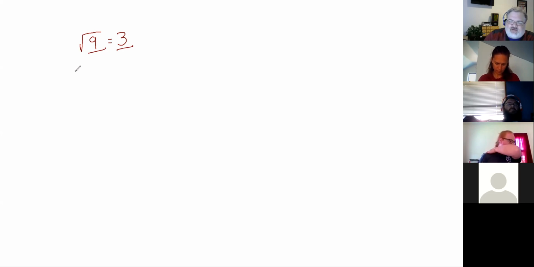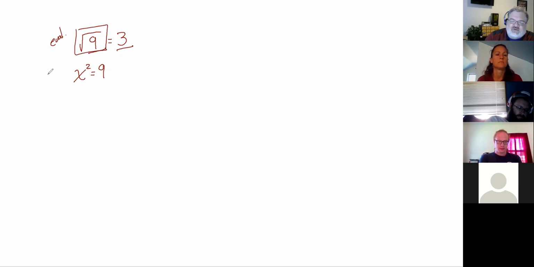The issue comes in when we start trying to solve things like x squared equals 9. So this was just evaluate the square root of 9. This is an entirely different process, because this is solving. Fair? Here we would evaluate the square root function. Functions have one answer, that's the answer. If you tried to solve this equation, what would you get as a solution?